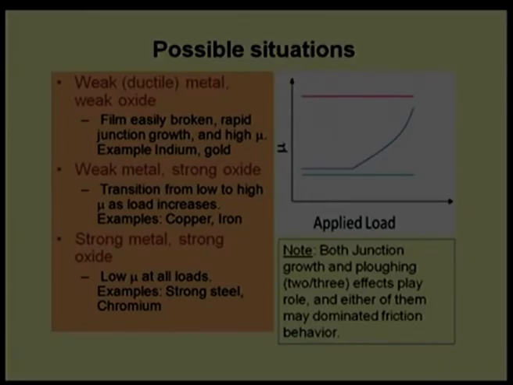Let us take an example of sand. If sand comes between 2 soft materials, then the sand particle will start plowing or digging either material 1 or material 2. So, that will cause some friction losses. We are talking about plowing due to 3 body, and when we are talking only about asperities, that is the 2 body plowing effect. They play an important role, and depending on the situation, either of these mechanisms will play the dominant